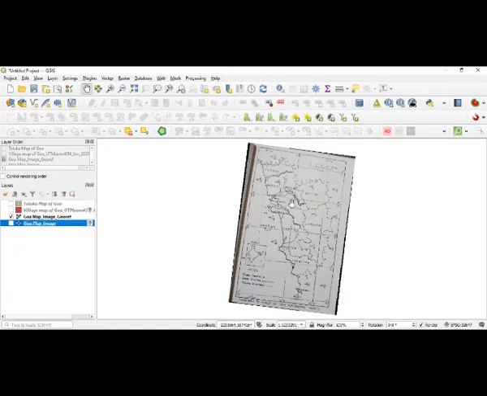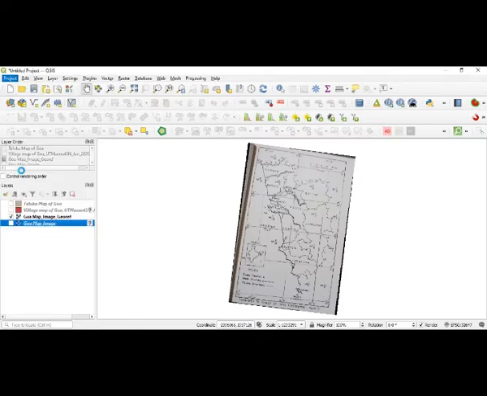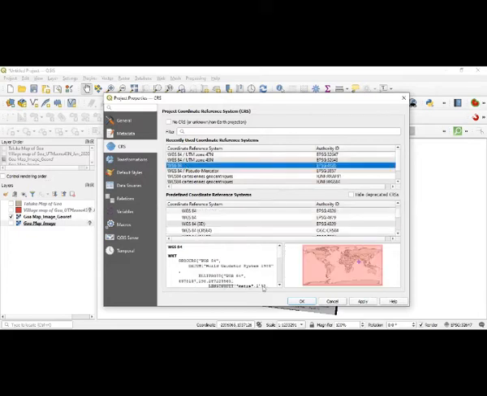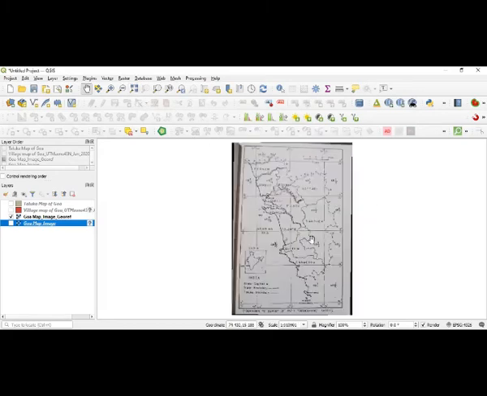properties button. I can click. I can go to the project and properties button. So when I go here to the project and properties button, it is going to open one window. Here I am going to convert that one into the WGS 84, and say apply, and I will come here. Okay. When you see that, now I have converted this one again into a map which shows you 73° east of Greenwich and 14° north of the equator here.